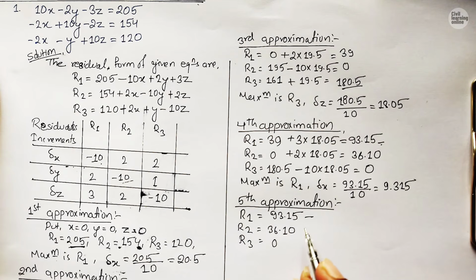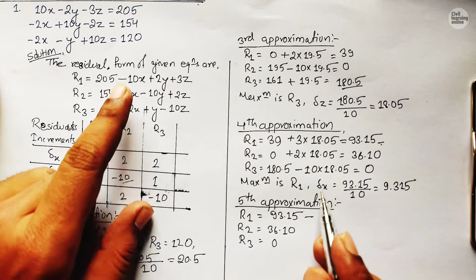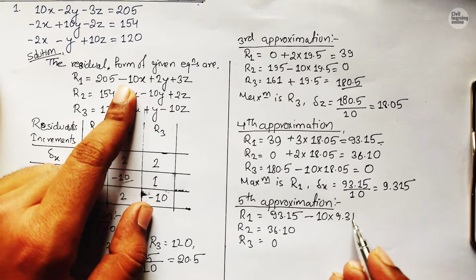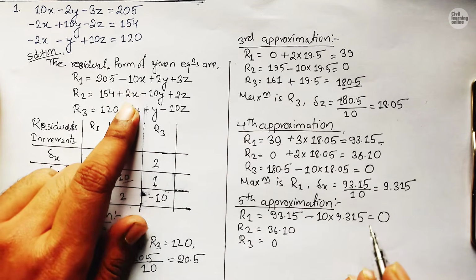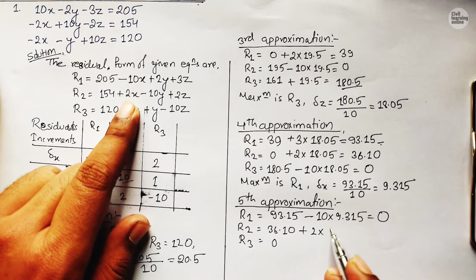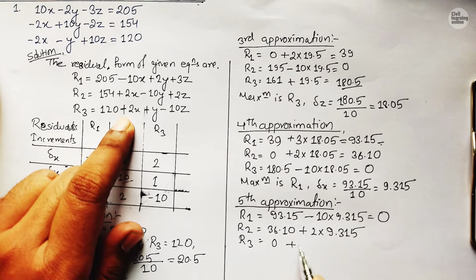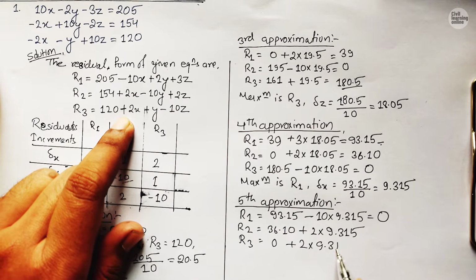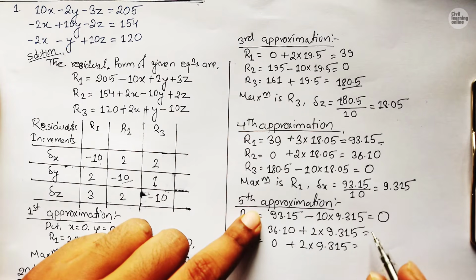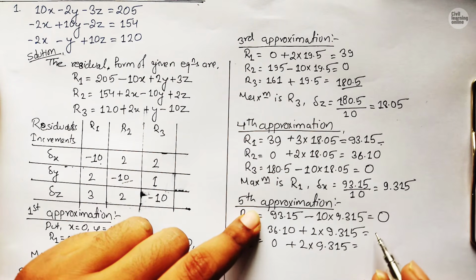We have got del x, so this is minus 10 times x is 9.315, so this gets 0, plus 2 times x means del x, 9.315, and plus 2x is 9.315. So on solving this we will get the value of fifth approximation, that is 0 and